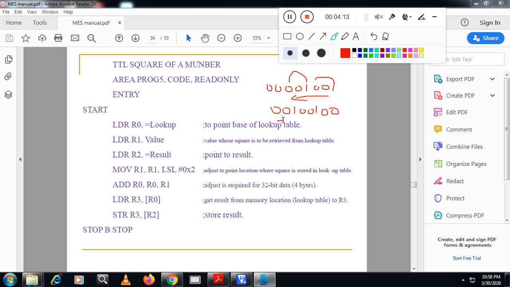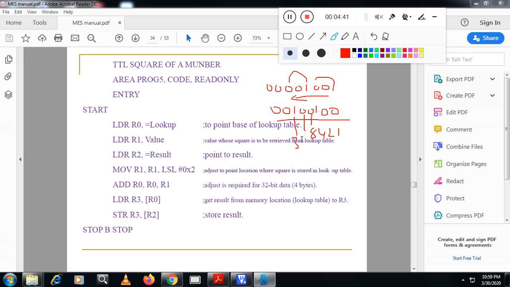So now what is the value of this number? We know the binary positional values. The positional value of this one is 1, then 2, 4, 8, then this is 16 and this is 32.